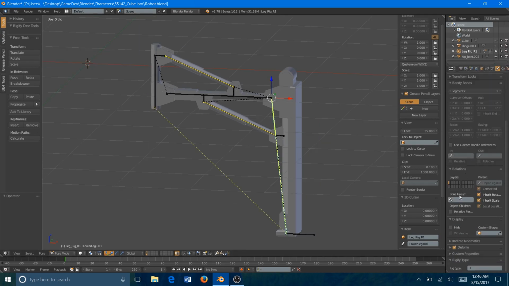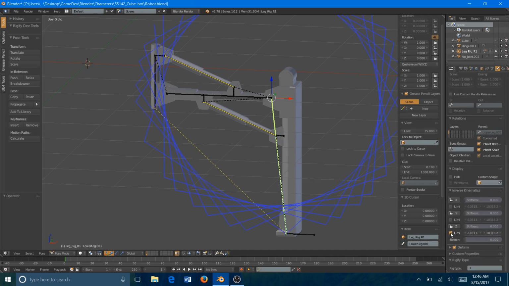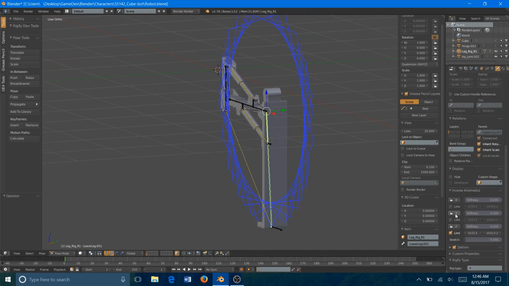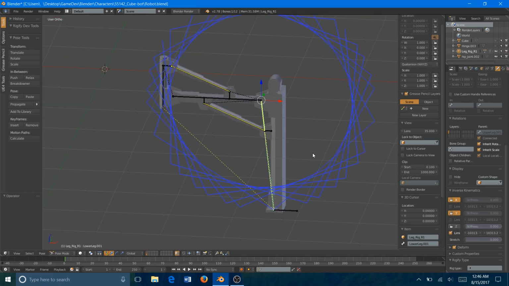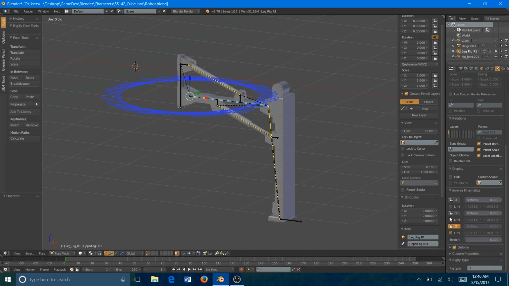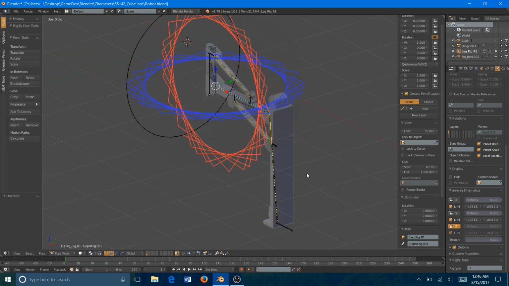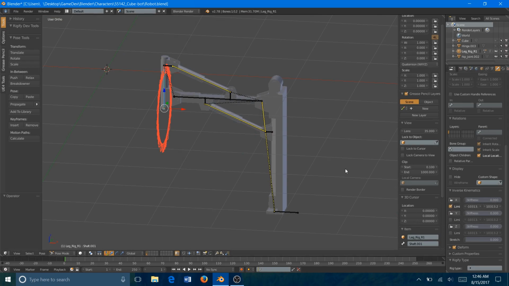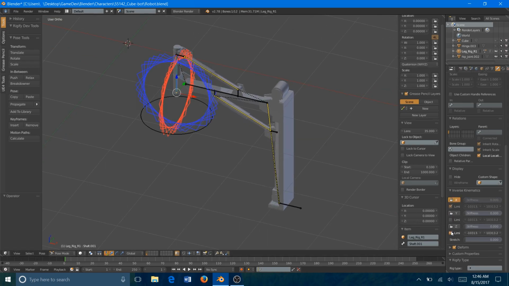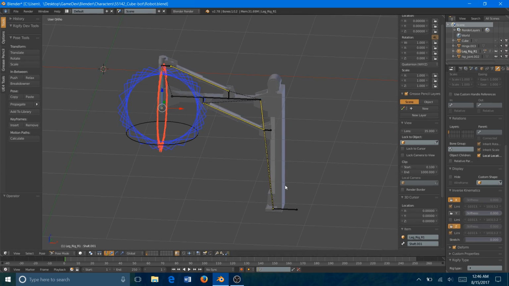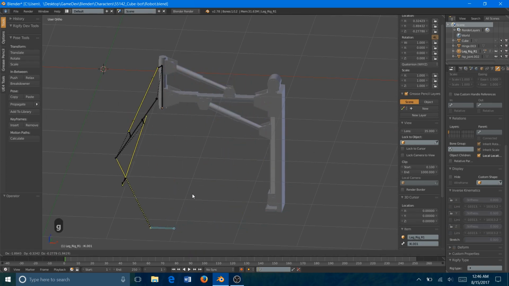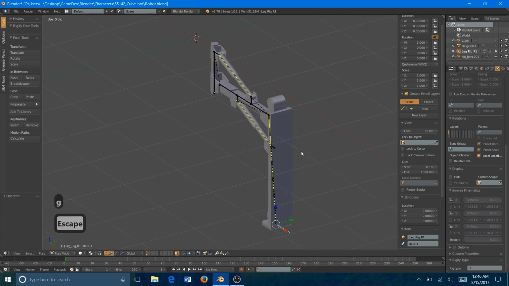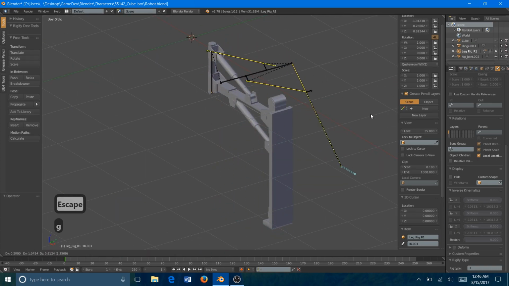So in the bone tab, you have this inverse kinematics here, and if you use the limit button there, you can see which way it will rotate for that one. So since that one rotates the way we want on Z, I lock X and Y, and then this one looks like it rotates on the X the way we want it to, so we lock Y and Z. And this one doesn't look good on X, doesn't look right on Z, so it must be Y. And there, as we can see, it looks like an actual mechanical arm would move,